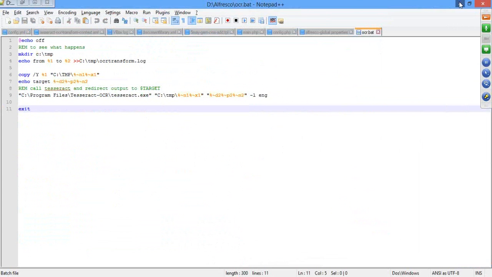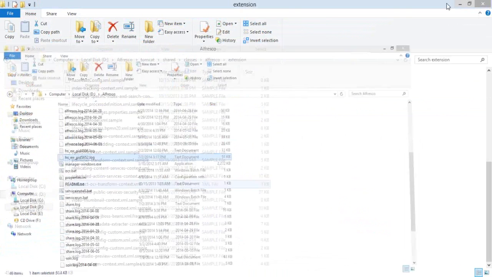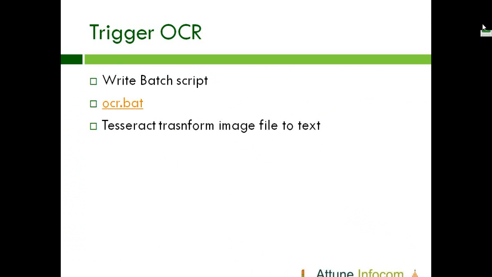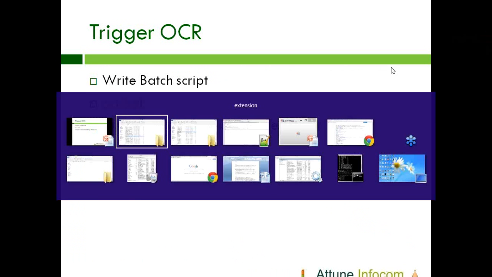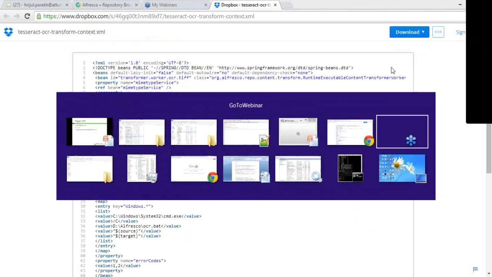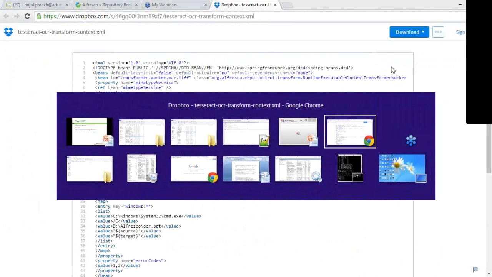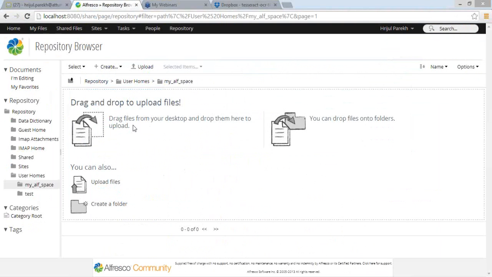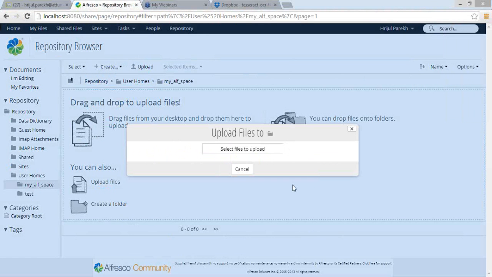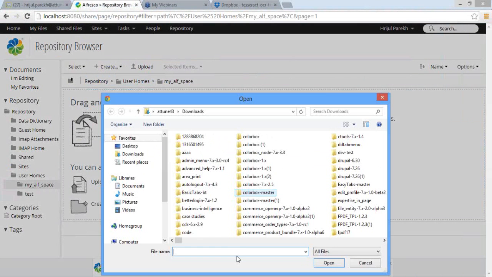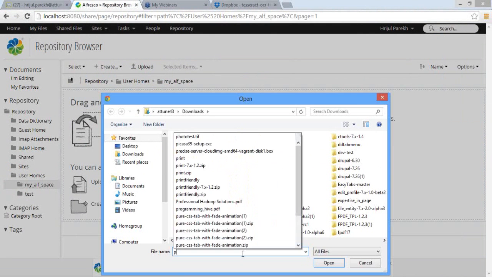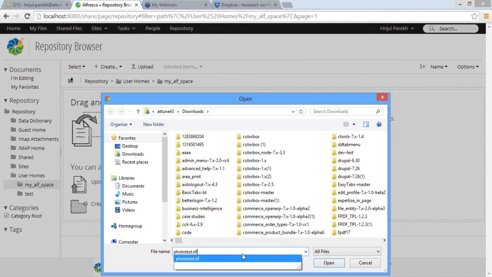So now we are going to upload our content. Here in my Visual Park space, I created one space called my Alf space. I'm going to upload one content over here, that is the test file.